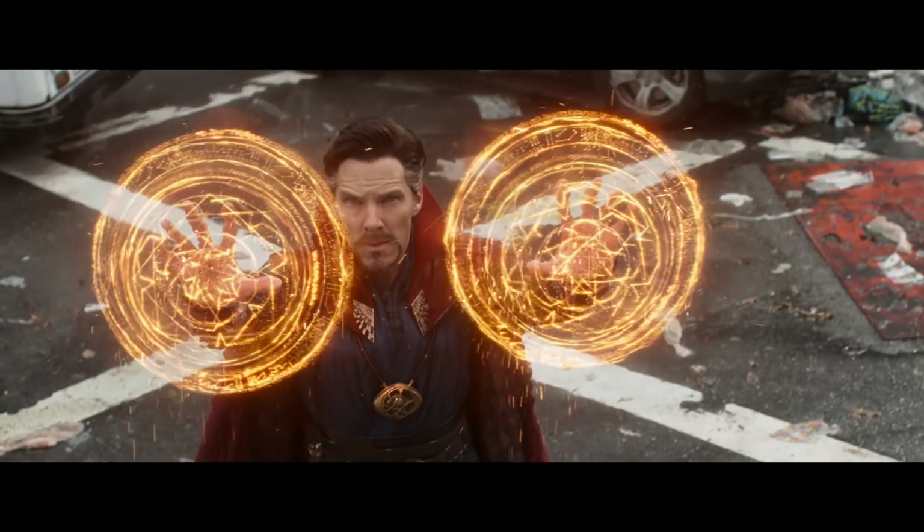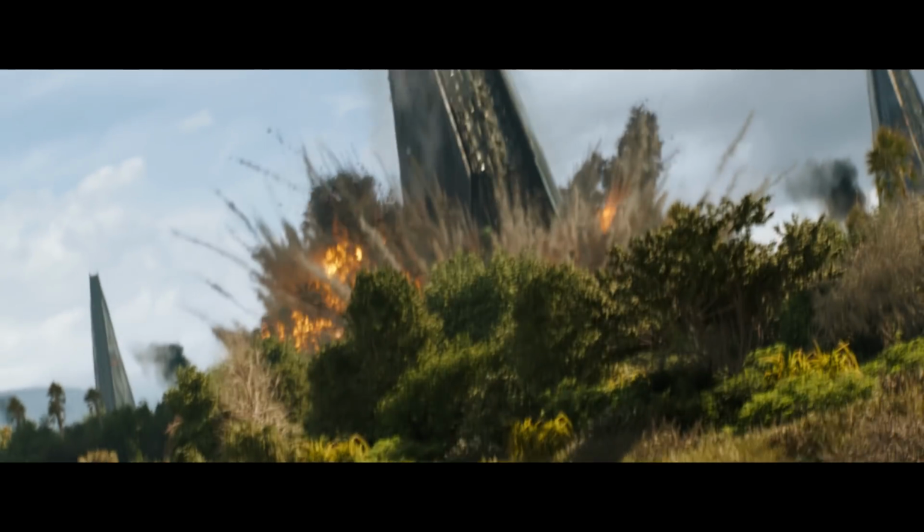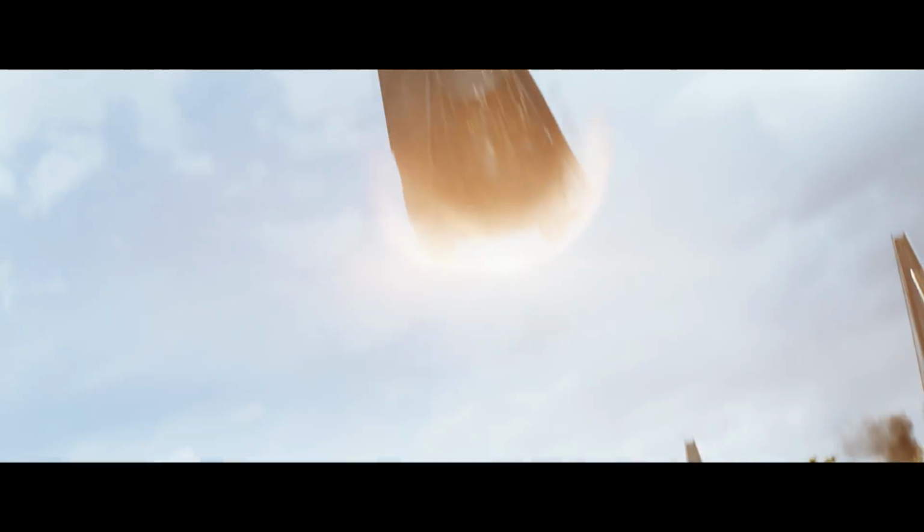Now jump to some more quick character shots, including Black Widow in the middle of a spear fight and Doc Strange being Doc Strangey on the streets of New York. Then we got some giant pillars dropping from the sky into Wakanda. Now this could be part of the kingdom's defense system, but more likely they're transport pods for the alien race